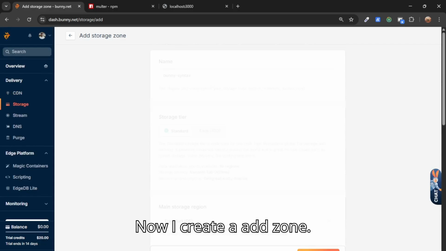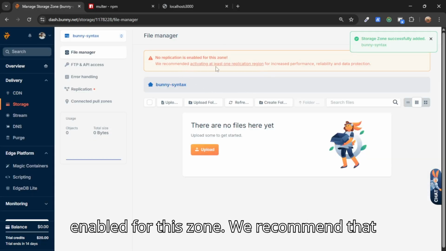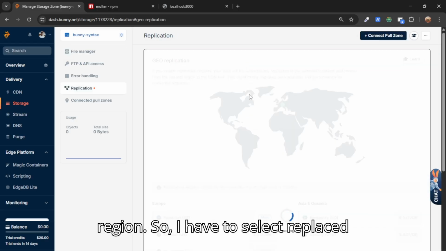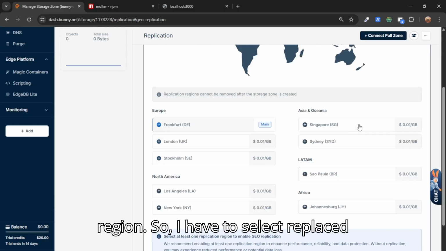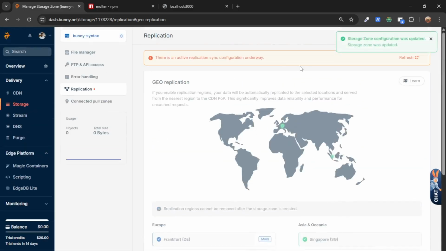Okay. Now I create an add zone, and you can see no replication is enabled for this zone. We recommend that we activate at least one replication region, so I have to select at least one. Confirm. Refresh. So if I just refresh,